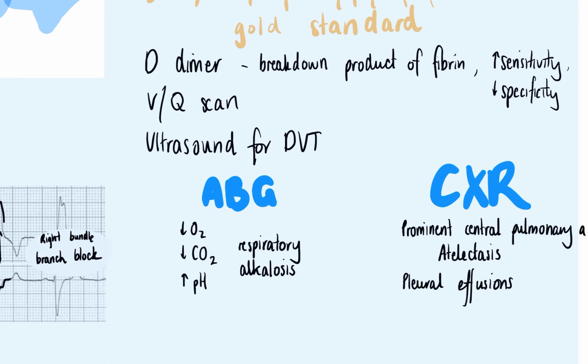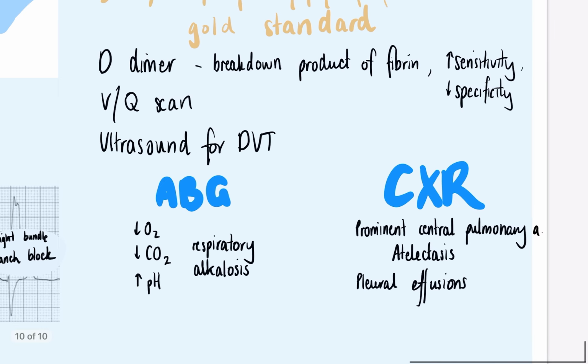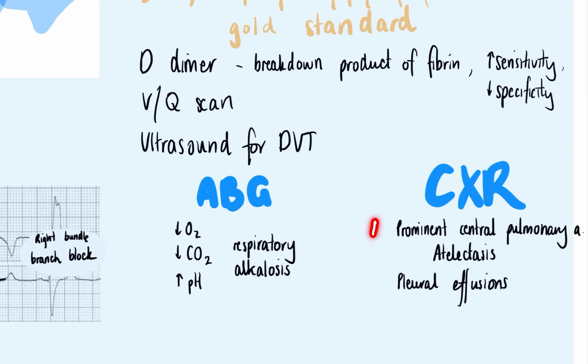On a chest x-ray, it's really interesting because chest x-rays are something that we usually ask for whenever someone can't breathe properly, but in this case, chest x-rays can't really tell us anything because you can't really see clots in a chest x-ray. But what you might see is a prominent central pulmonary artery. You might see collapse of a lobe, aka atelectasis, and you might see fluid, which is collected due to the hypertension, aka pleural effusions. But seeing a normal chest x-ray is actually pretty normal, so it's not a super reliable source.